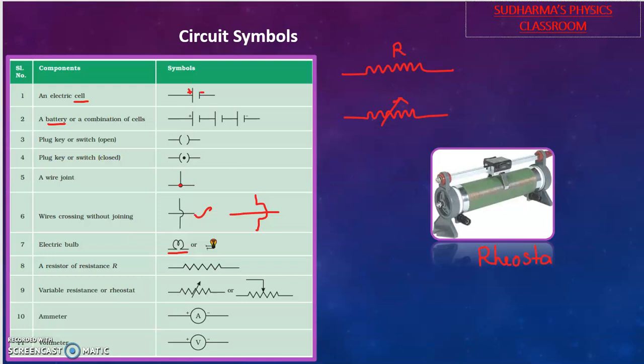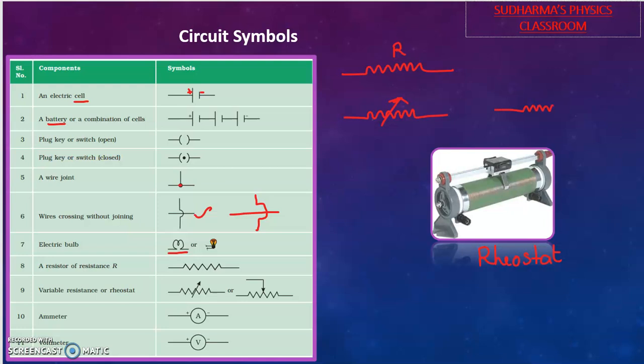We will understand this device, the rheostat, in detail when we start the Ohm's law circuit, and you will see how it is useful in the Ohm's law experimental circuit diagram. This is a very useful device where we can change the resistance value introduced in the circuit, and through that we will be able to adjust the amount of voltage or current flowing through the circuit. So the device name is rheostat. We can call it a variable resistor. That means the resistance can be changed.